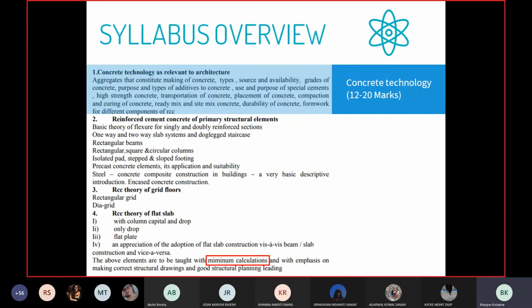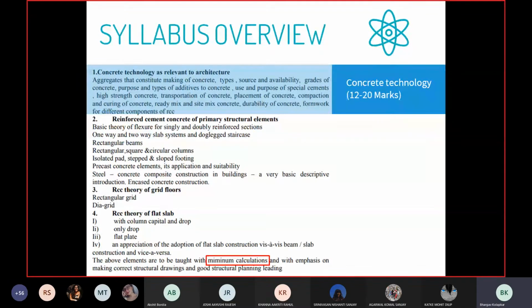Talking about the syllabus, it is split into four sections. The first one is concrete technology. Now I believe you have already learned this before. This is all about what is concrete, what are the constituents of concrete, then the details of each of the constituents,